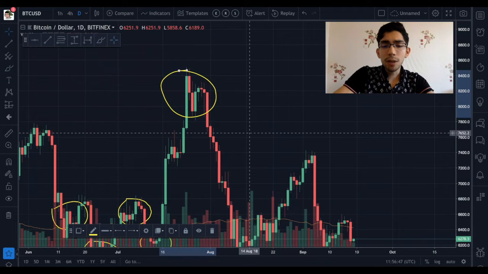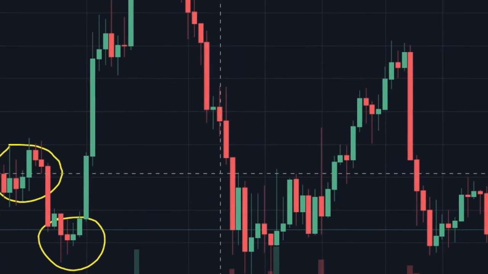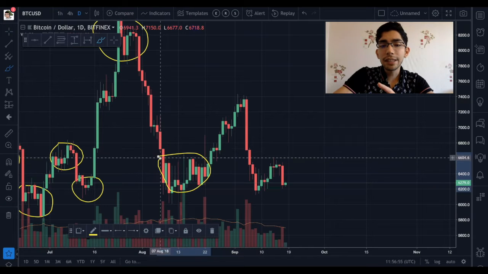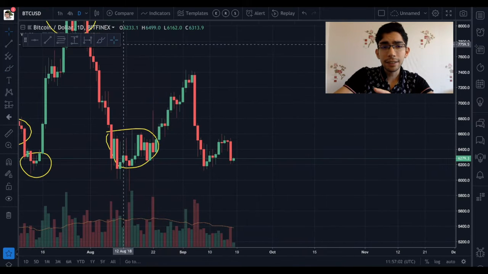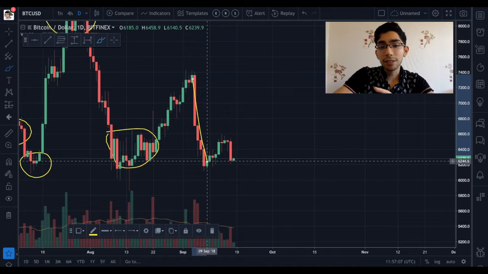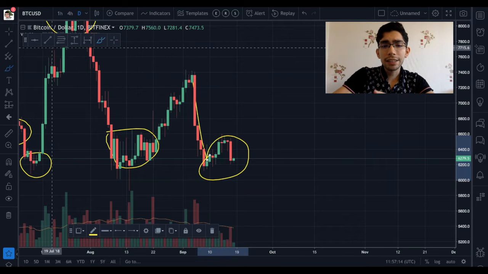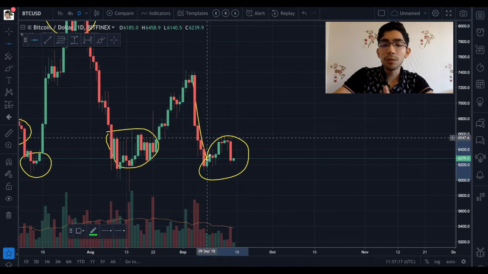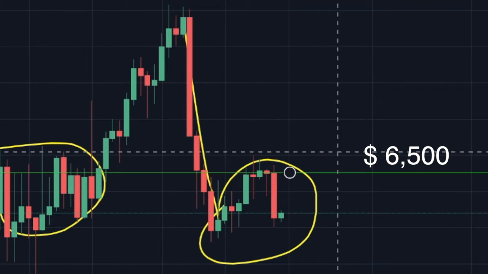It's not only the same to the downside, but also when we actually go up, we start having these consolidation phases. And if you actually remember what I said, the last consolidation phase that we had over here, over this last dump, actually resembles very much what could happen right now. And after seeing this kind of sell-off over here, we're seeing that the price is actually consolidating again, meaning that the price is gonna move within certain ranges. And what I said is that the price is most likely to move between these very important resistance lines and supports. So I mentioned first of all the 6.5k level, which is a very important level,